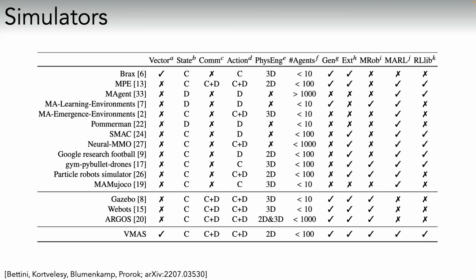A lot of the problems that the robotic simulators have, so here are 3 of the key robot simulators, is that they don't really scale. So most of them stall at more than 10 agents. Argos is an exception, but Argos does not interface with any of the machine learning libraries or frameworks that exist.